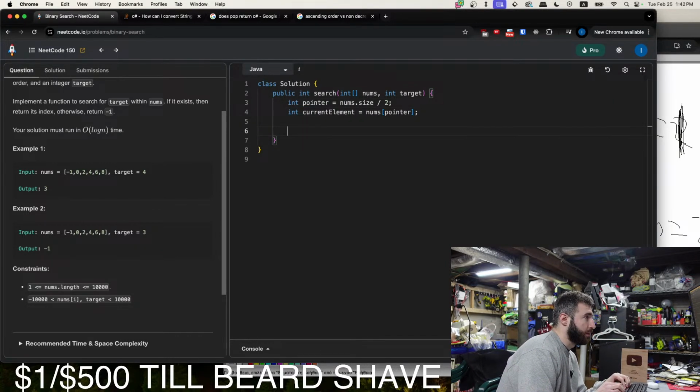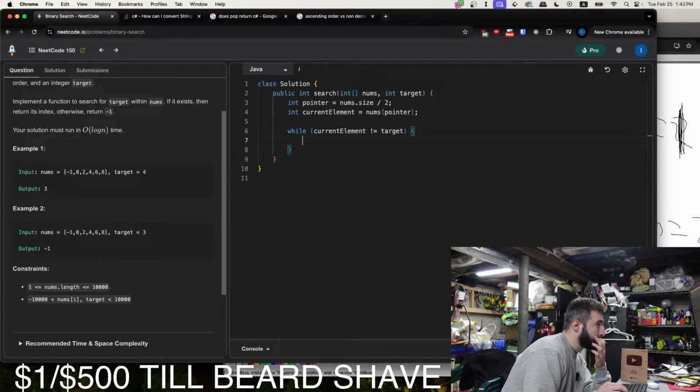So we've got this, and now while current element is unequal to target, we want to... you know what?